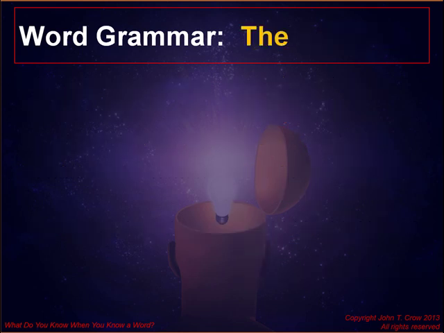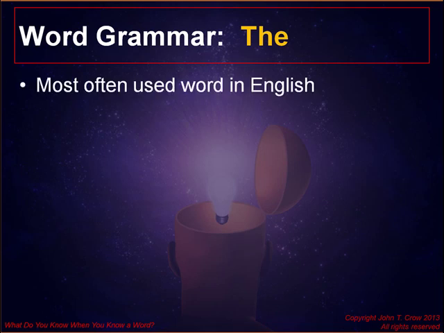All right, a final example here to examine briefly is the word "the." "The" is the most often used word in the English language. If you were to take a large section of language and line the words up in order of frequency, "the" would be at the top by a considerable margin, followed by "a" or "an." I'm going to ignore "a" in this little demonstration. We're just going to look at "the." "The" has an incredible variety of rules that apply to it. Very difficult for non-native speakers to master. I'm going to give you just a brief sample of one of them.